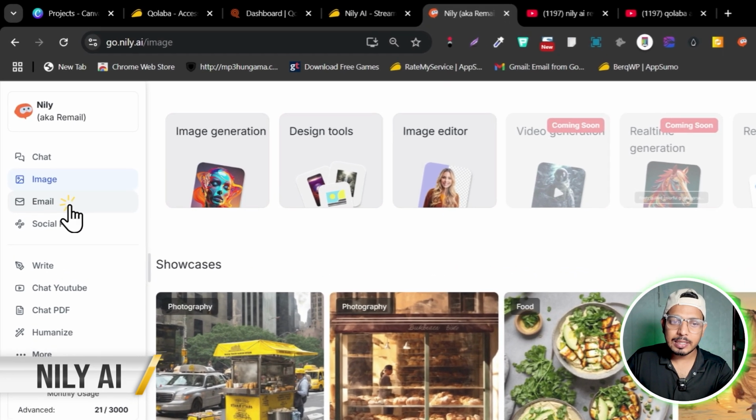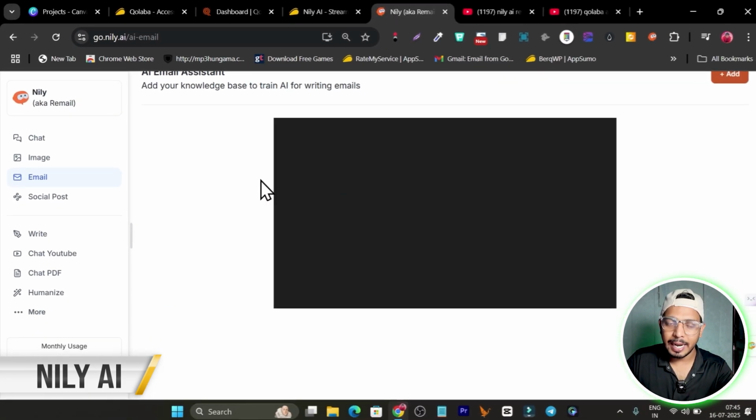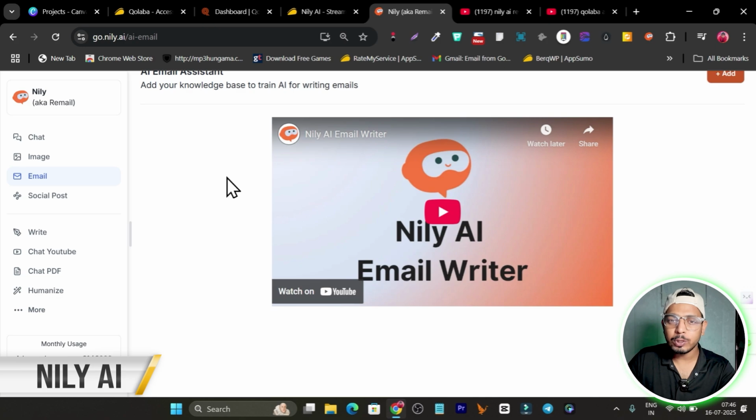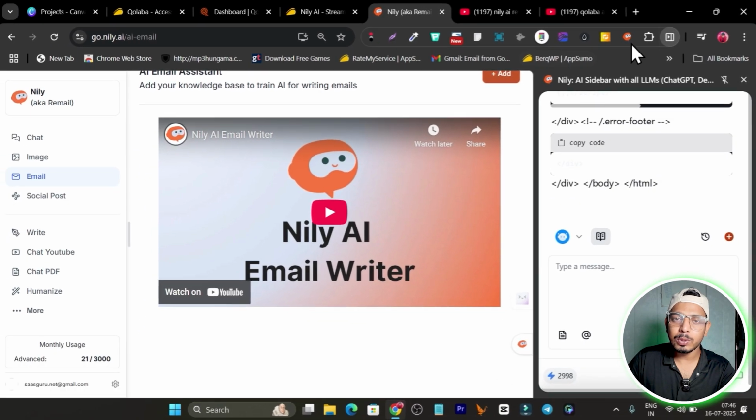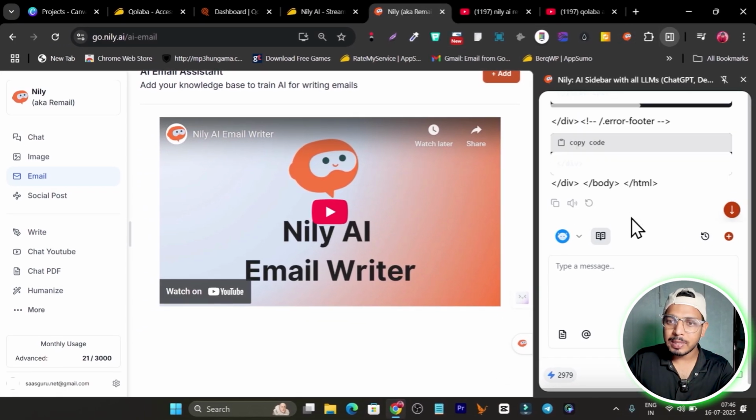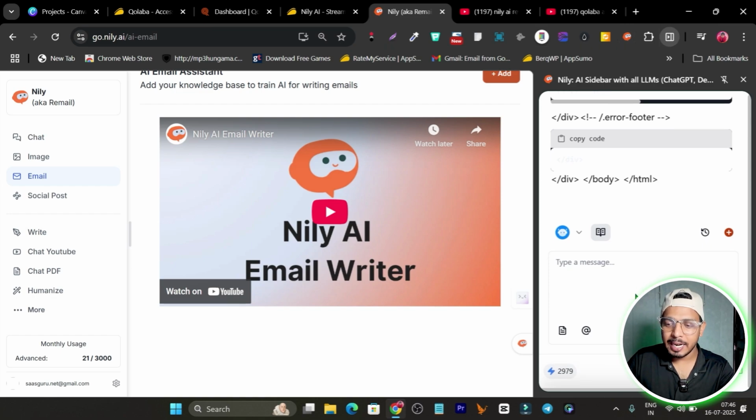Then this is the email section available that can help you to write the email replies. All you need to do is install the Nily.ai Chrome extension. This is the Chrome extension, and by clicking here you can use its AI on any website. You simply click here and a tab will open on this side, and here you can